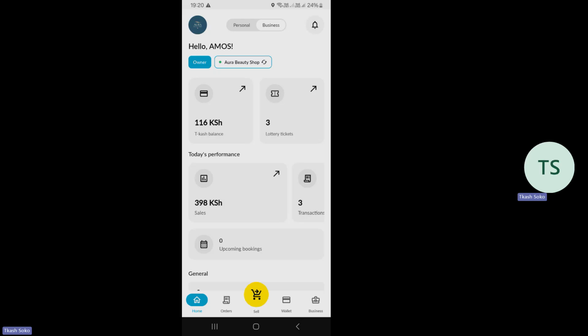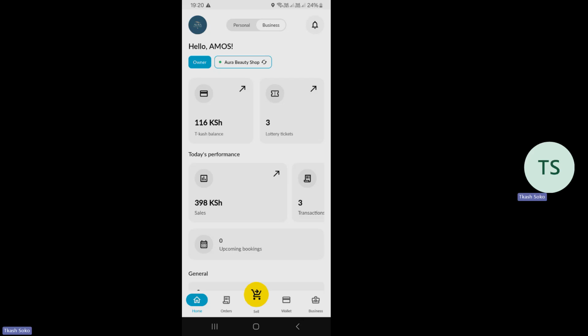And we said that there are three ways in which you can receive your money. So now I've come to today's session. Like sasa niko kwa session ya saa hii. There are three ways in which you can receive your money. The first one is when a person scans the Soko QR code, and we say that this money now goes to your Tcash wallet directly, from their Tcash wallet to your Tcash wallet. This is when they scan the Soko QR code.